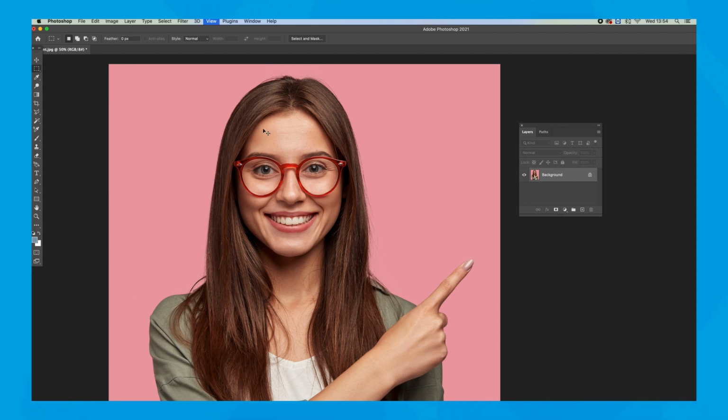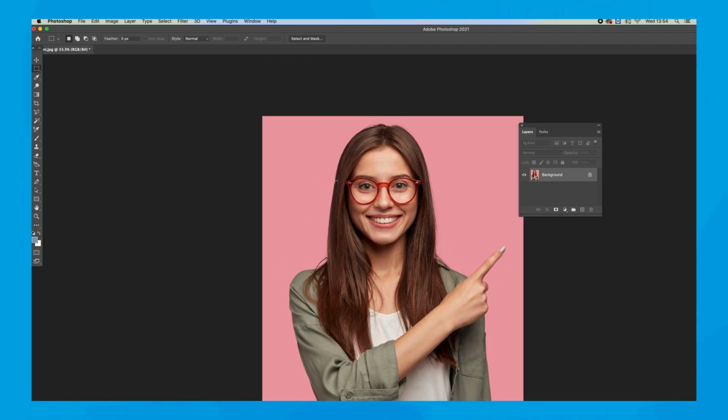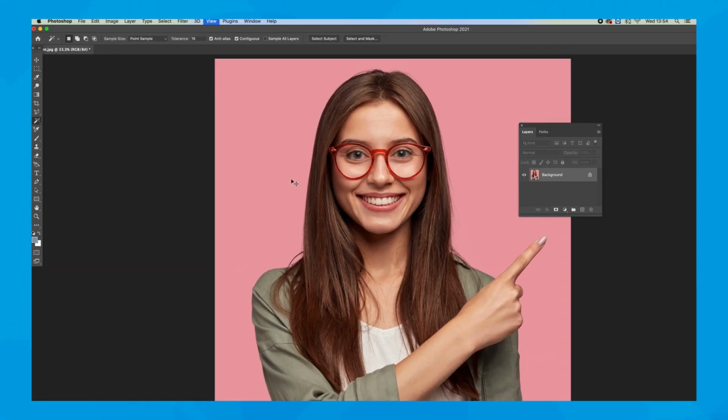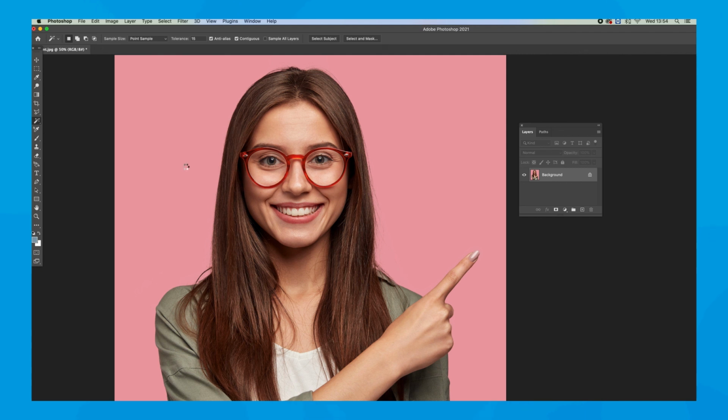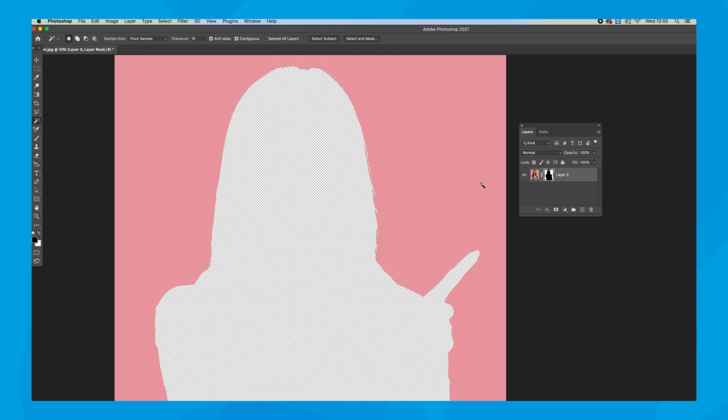Because I've got a nice favourable image here with a kind of block colour background, I'm just going to select her by using the object selection tool. I'll show you, if you were using Magic Wand, I'll just show you what happens. So I'll select the pink area, because obviously that's easier to select. And it's not bad, but I'll show you what happens. So obviously I've selected the background, so if I click the mask, it's going to just mask the background. So what you need to do first is select the inverse.